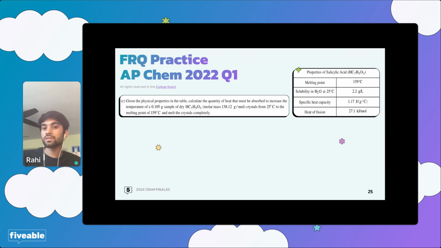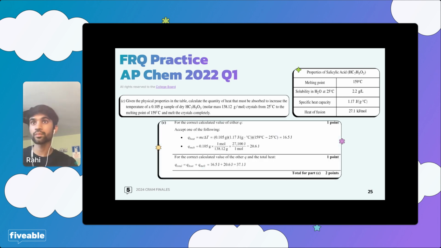You're also given some other things. You're given things like solubility. You're given things like melting point, which it also says in the question. But remember that they do oftentimes give constants, things like that, givens that are not used in the question. And that is okay. So don't freak out and say, oh my God, I'm not using one of these, but I have an answer, so I don't think the answer is right. That might not necessarily be true.